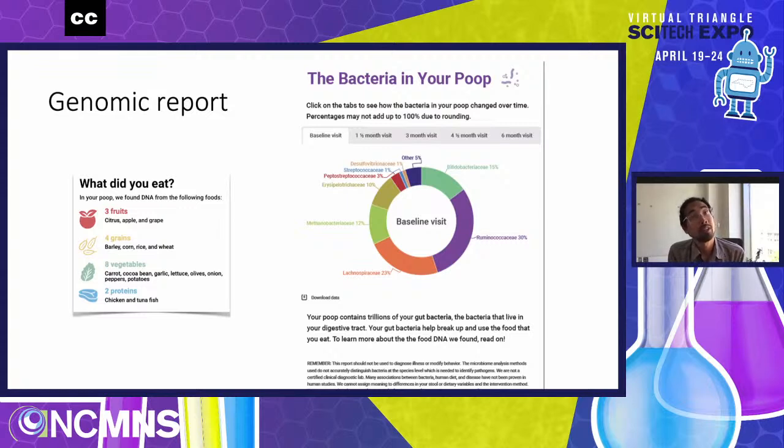And ultimately, one of the other things that we're really interested in learning about as we share these data with people is whether or not this is also helpful for individuals who want to eat certain kinds of foods or eat a healthy diet. Does it help to know what you're eating, which you can see in a report, or that the bacteria inside of you are actually changing when you're doing something hard and trying to eat foods that you might normally not eat? That's one of the other questions that we're really interested in.